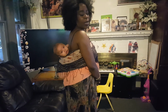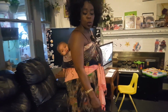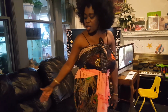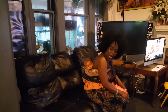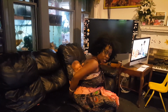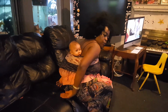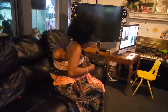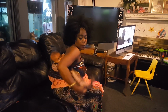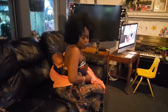Notice he's a little fidgety right now, so I want to take him out. I'm not going to do that standing up. I get back to the soft chair. I sit down lightly, making sure I'm not hurting his feet. You can see his feet are not in contact with the chair at all. So I sit down, he is comfortable still, and I start undoing him, beginning with the top one. See, it's just on time, he's getting tired. So I take the top one out and keep it. I take the bottom one